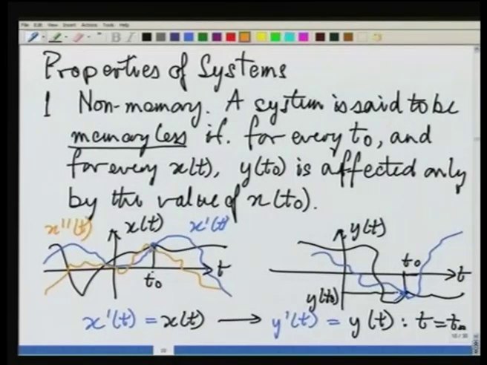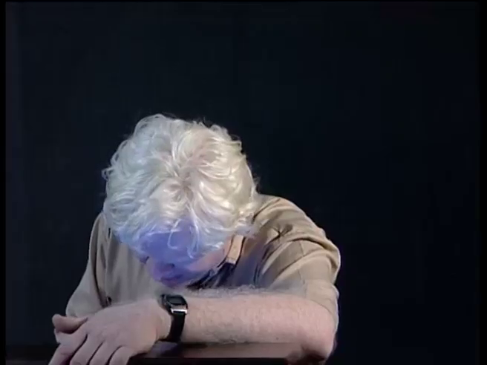You can see that x double dash t also goes through the same point at t naught, though it differs from x t in other places, and when I do this, it will yield, by the property of this system being memoryless, a corresponding output signal which differs from x t and y t and y dash t at points other than t naught, but at t naught it should again match. Thus, for example, we could have